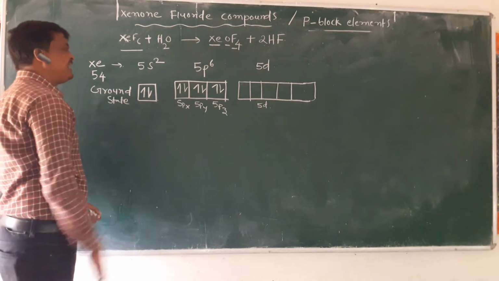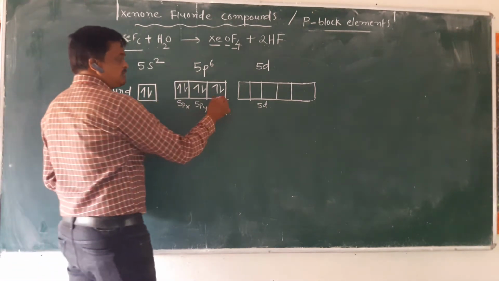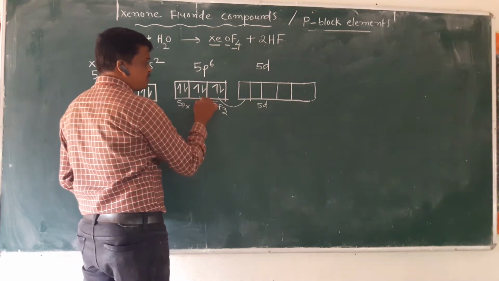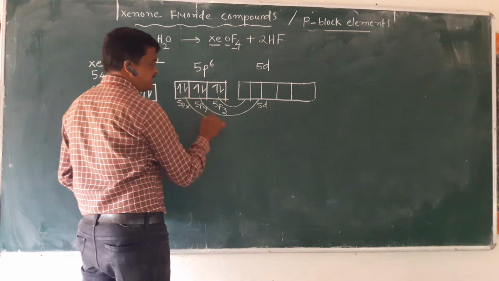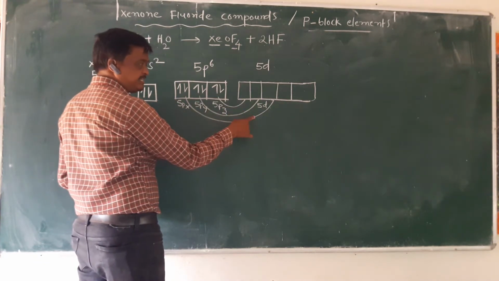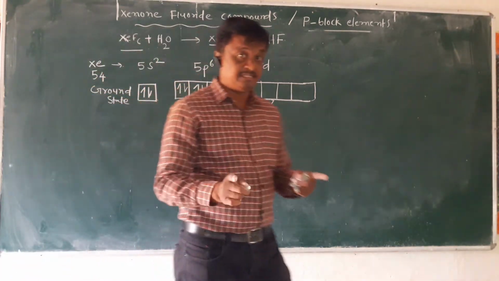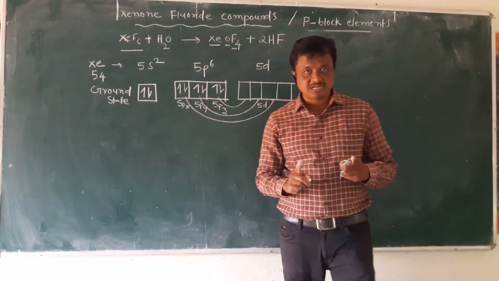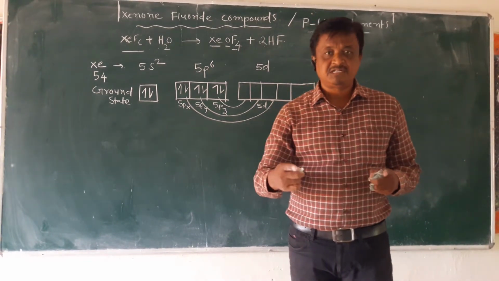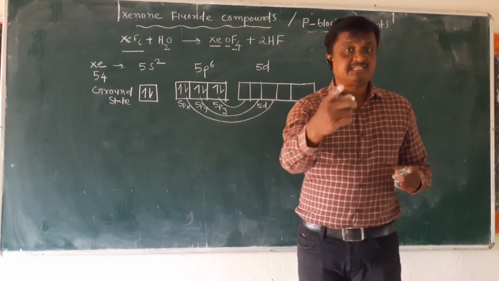So let me write directly xenon oxytetrafluoride excited state third, because, you know, in the earlier class we discussed electrons being promoted one by one to the d orbital like this. So excited state 1, excited state 2, excited state 3. I am not going to write excited state 1 and excited state 2 again. Now I am writing directly excited state 3.